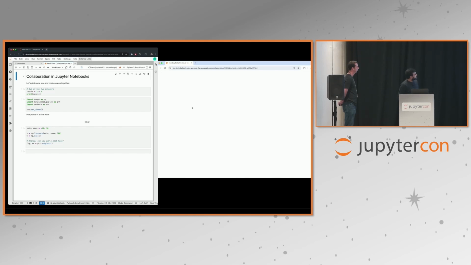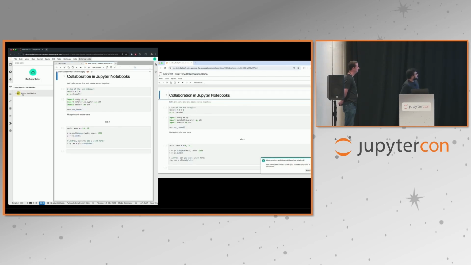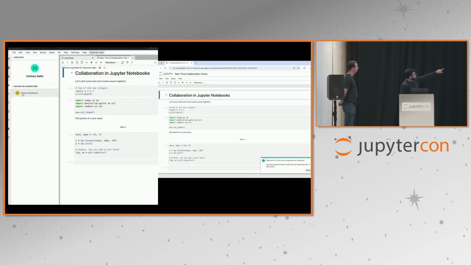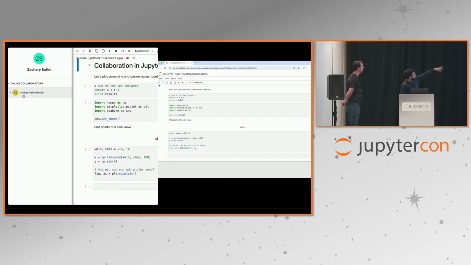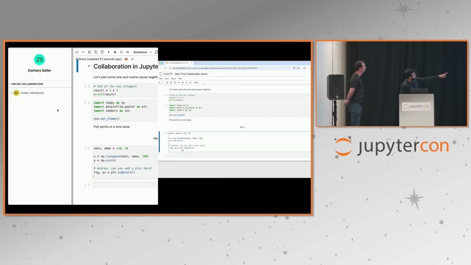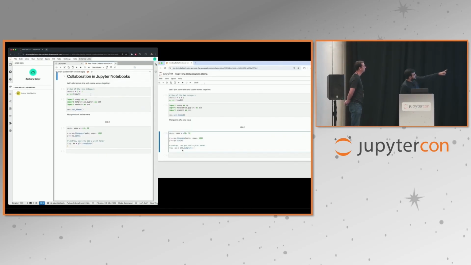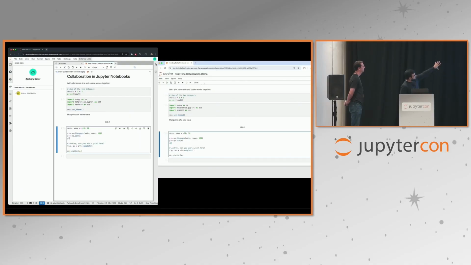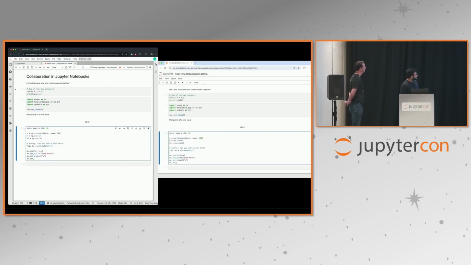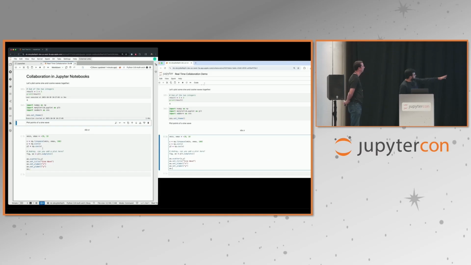On the right side, we have Andre logging into the same notebook. You can see that Zach is able to see what collaborators there are, and Andre is able to see a minimal view of JupyterLab. It doesn't have all the access, but it's enough for live editing. Like they can edit, but they can't run the code. So there's a lot going on here, but